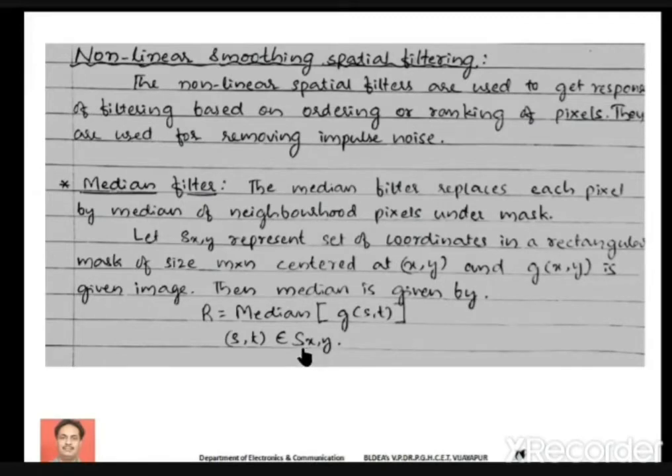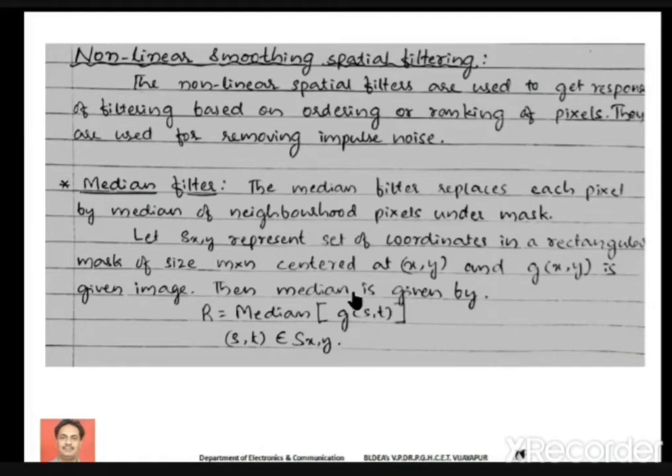That S x y is the set of coordinates in the rectangular mask of size m into n, whose center is x comma y. Okay. The purpose of median filter is to remove the impulse noise. To remove the impulse noise, we can make use of the median filter.